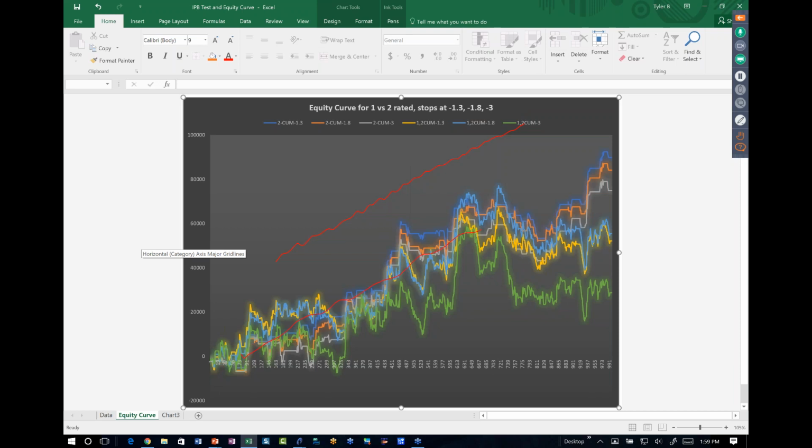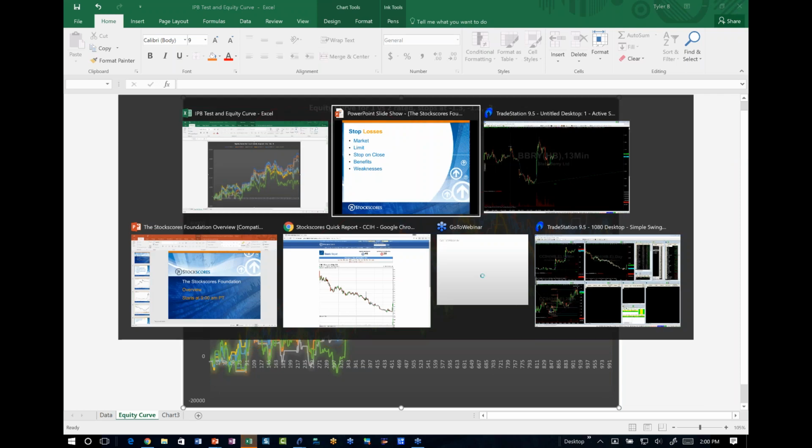It's steadily going up from left to right. There is some chop, if we talk about volatility, there's some volatility there. But there's less volatility if you have a tighter stop. If you look at this line, and you can look at this on the video later, the blue line is less volatile than the green line or the gray line, because the gray line has a wider stop. So you'll see more deviations from the mean with the gray line or the green line because they have a wider stop. Okay, so that's a little bit on expected value and that sort of thing.